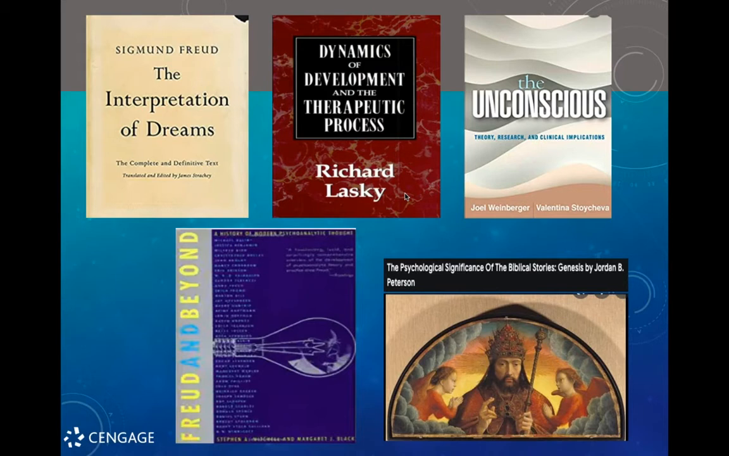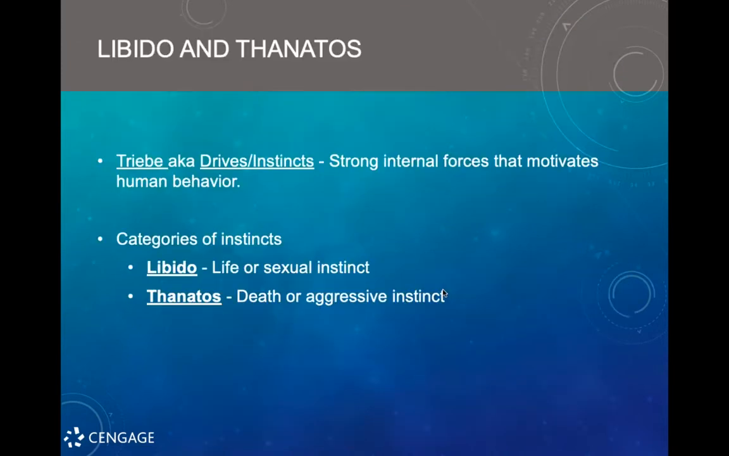And then Freud and Beyond is a great text for those who are interested in what happened beyond Freud. All the Neo-Freudians that came up, you could see their names listed here. It was written by Mitchell and Black. Very good book. And then this work, I think it's a podcast, Psychological Significance of the Biblical Series by Jordan Peterson. He talks a lot about the unconscious underpinnings of human behaviors, human belief systems, and things like that. So highly recommend those. That actually brings us to the